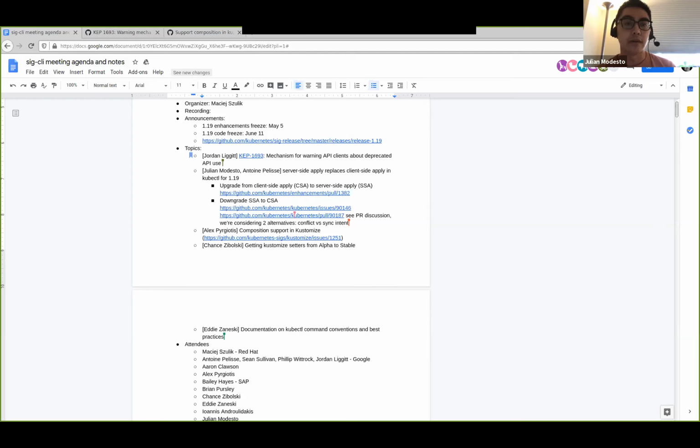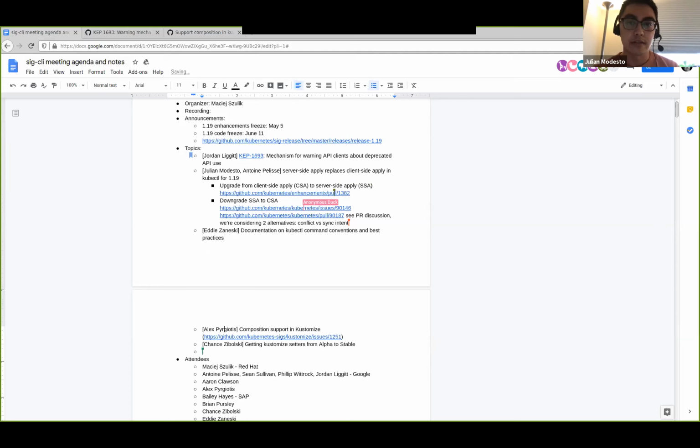If someone finds that server-side apply isn't working for them, they can use client-side apply and it would work as before. Yeah, so I think that's what we wanted to announce. And if there's feedback, ideally, if you could look at the KEP and maybe those PRs, that'd be great.